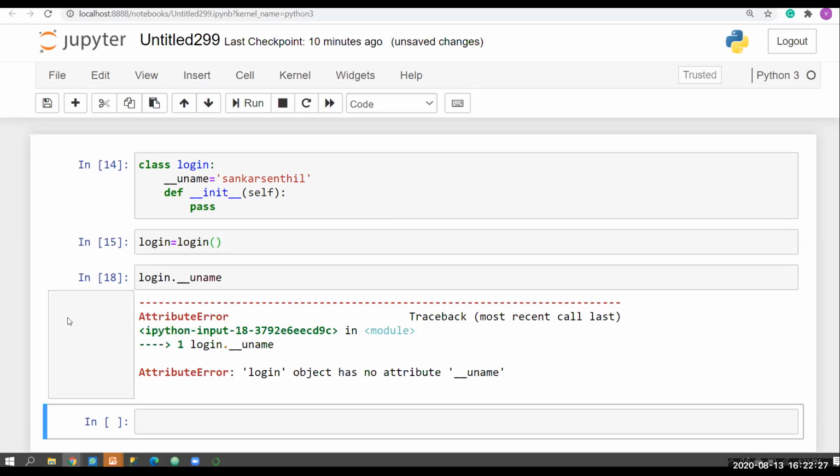And this is data hiding. You can hide your data by using double underscores.